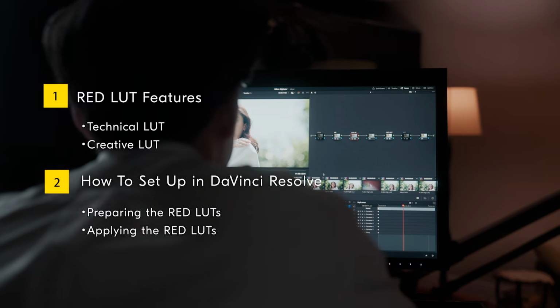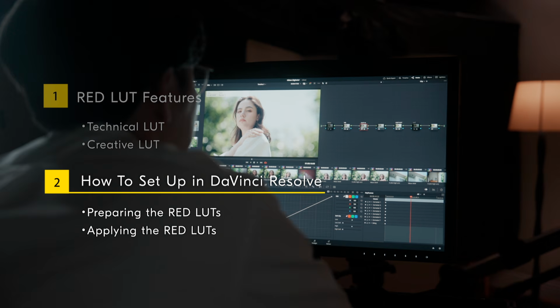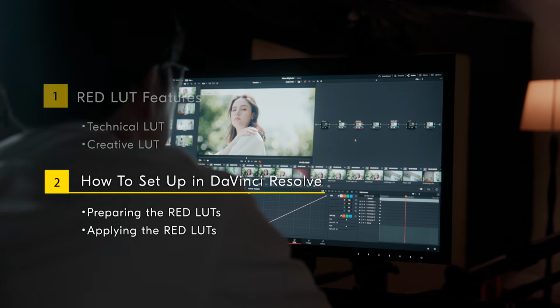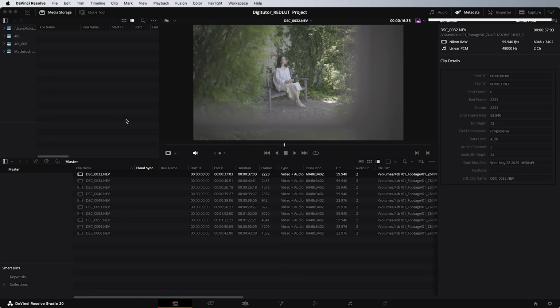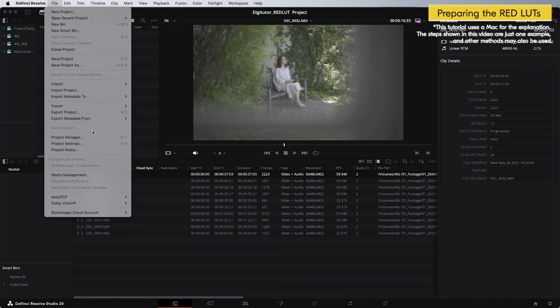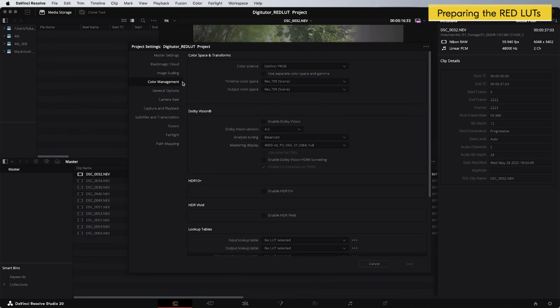Next, we'll explain the steps for applying the RED LUTs during color grading. First, let's set up the project settings in DaVinci Resolve. First, open Project Settings from the File menu in the menu bar. Then select Color Management.